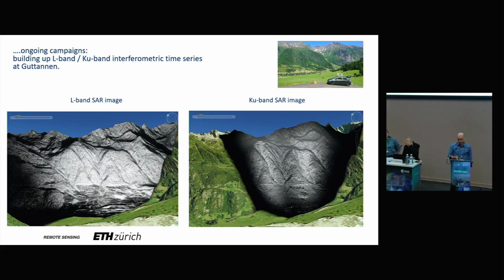In the Ku band case, you can see that really nicely. What you also see is that for Ku band, we have substantially higher resolution. This comes, of course, from twice as much bandwidth in range, but also the azimuth resolution is better, depending a bit on the situation of the geometry, of course.